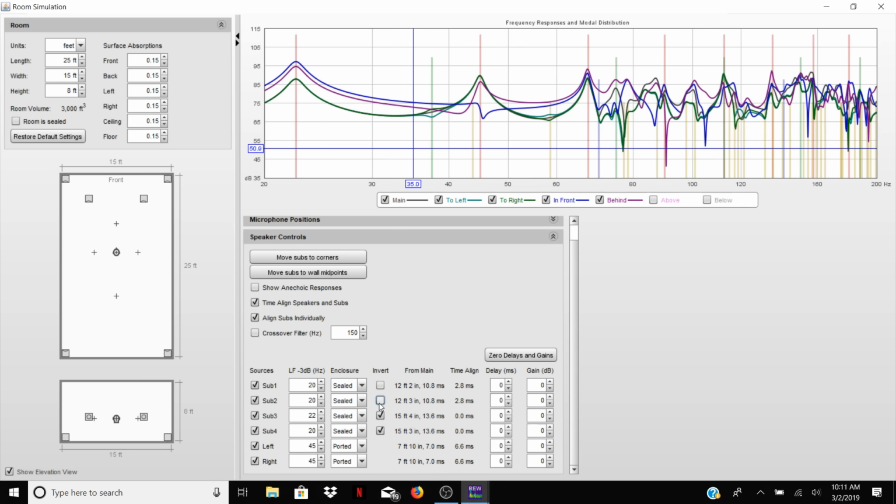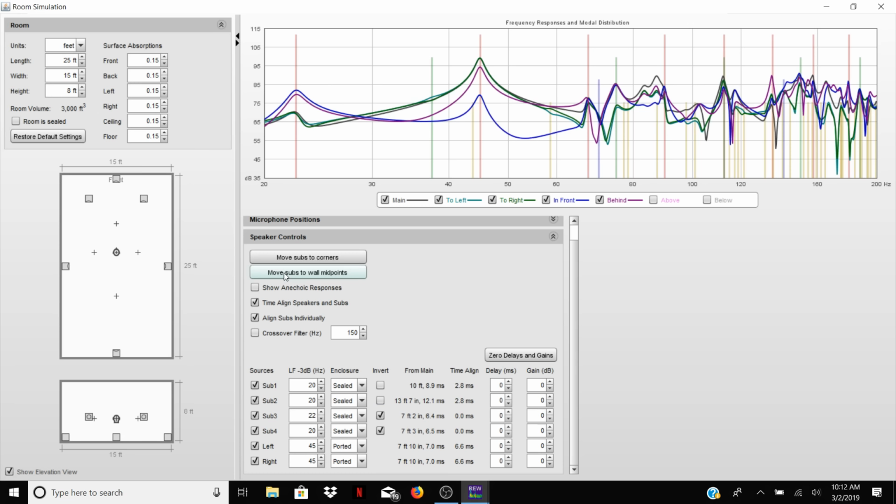The best way to fix above that range is actually careful placement and then a well-treated room. And I'll just say, as somebody who provides these services, I don't personally believe that a well-treated room has to use commercially available acoustic treatments. The furniture in the room, curtains, carpet, all sorts of different things can be used to treat a room, bookshelves,